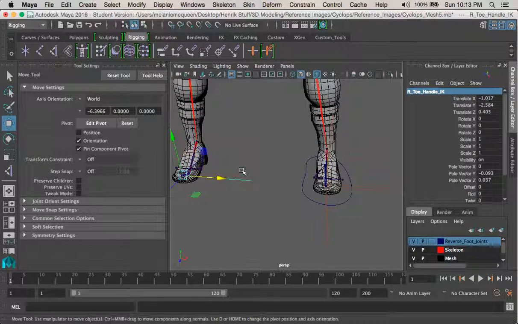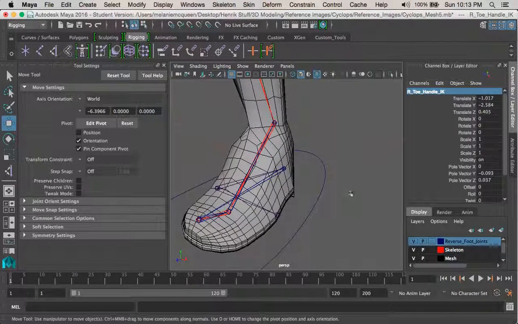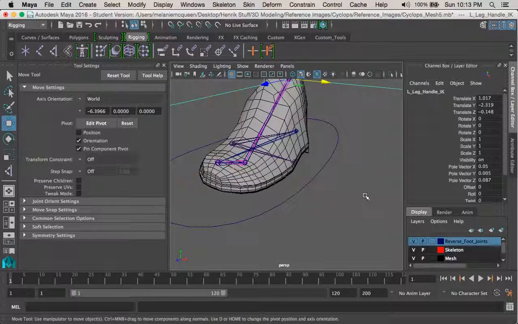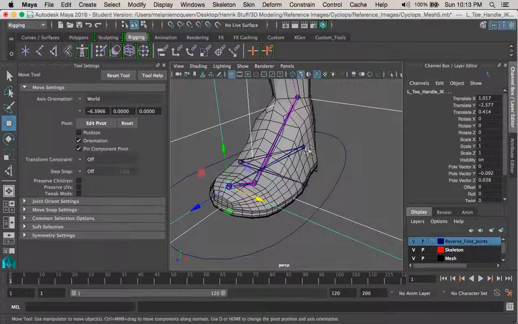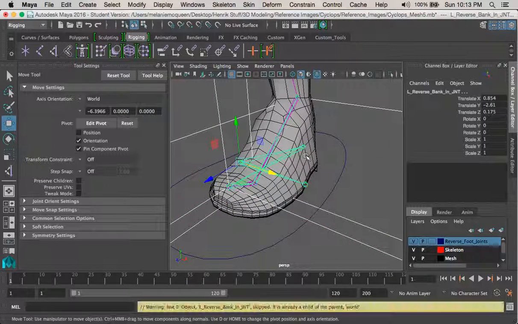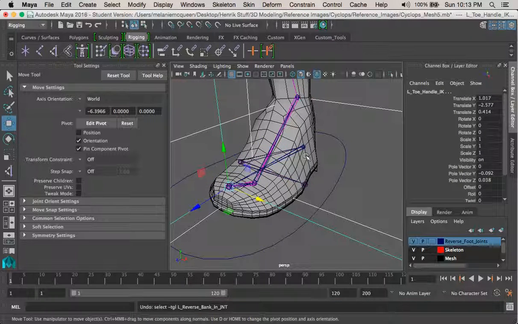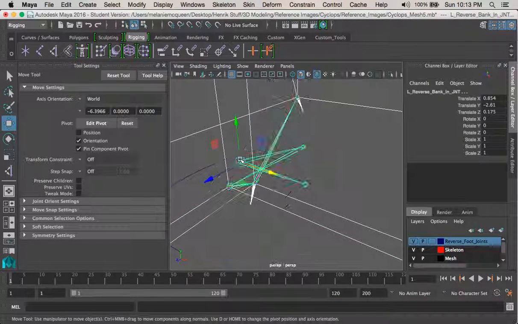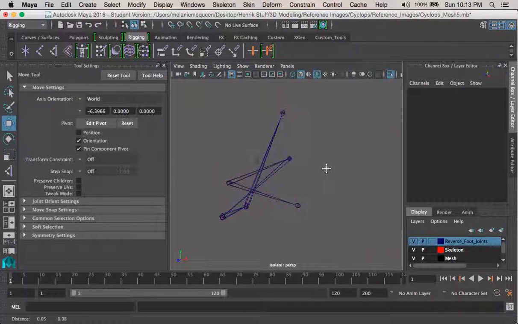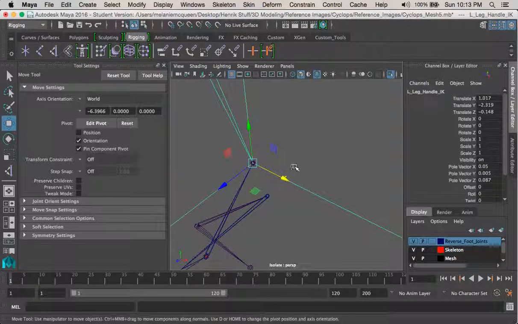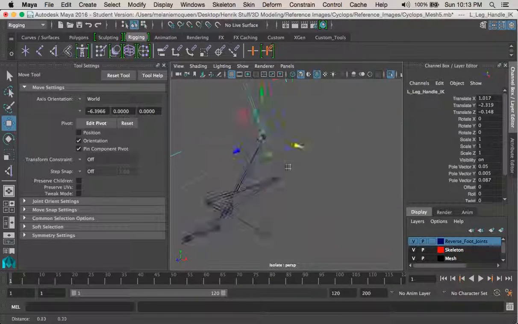And now, an even trickier part, what I recommend doing is isolating these objects, because we just need the IK handle. So this, it's very confusing, but